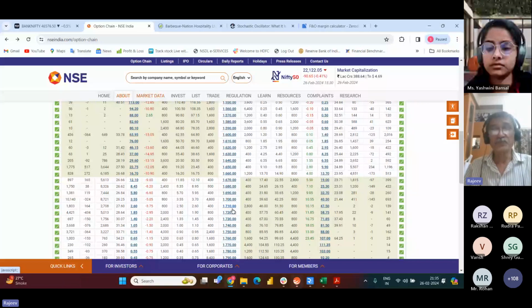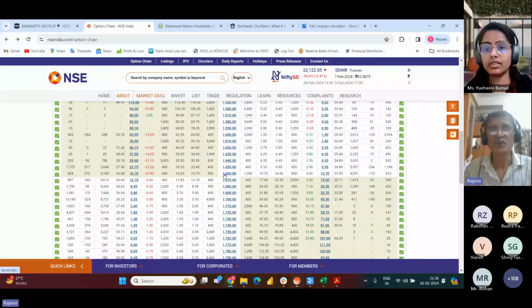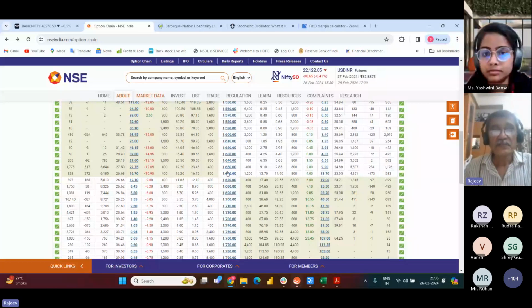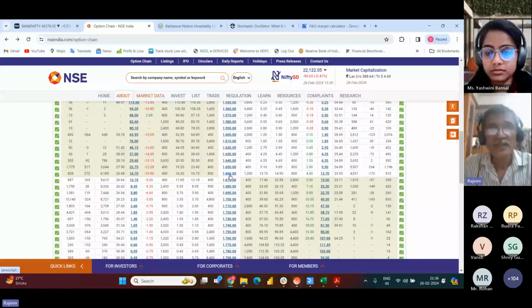So all the strikes that are above 1660, the current price, are called in the money positions. Similarly, on the call side, all the strike prices which are below the current price are called in the money call positions. And this line where the strike price is 1660, which is almost equal to the current price of Infosys, is called the at the money price. So at the money is where the current price of the stock is equivalent to that strike, or almost near to that strike. Therefore it is called at the money.